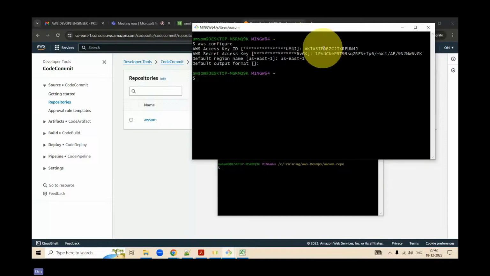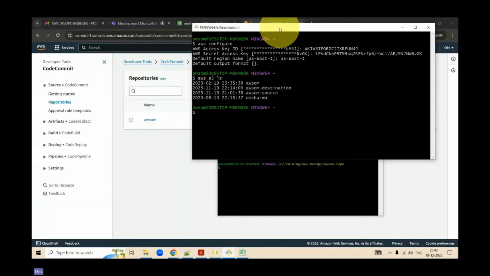Now you're authenticated. If you just want to see whether you are authenticated or not, you can write aws s3 ls to list all the buckets that you have. The moment you execute this command, you would see that I am able to access all 4 S3 buckets.